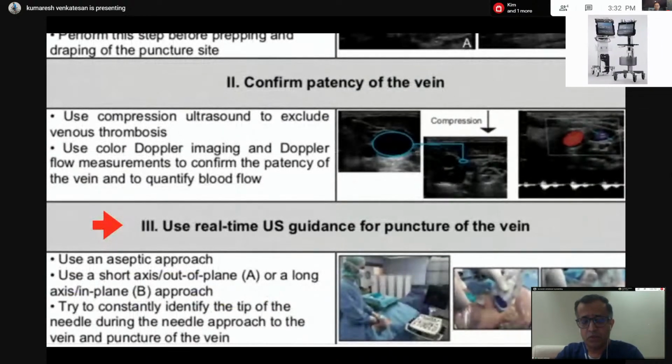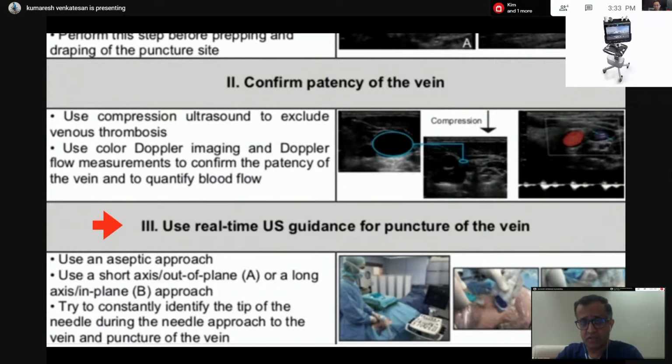Okay, now we'll talk about the real-time ultrasound guidance for puncture of the vein. You need to use absolute aseptic technique. You can use either the short axis out-of-plane technique or the long axis in-plane technique. We'll talk about that. The key, the important thing,